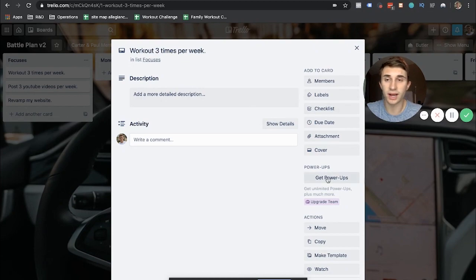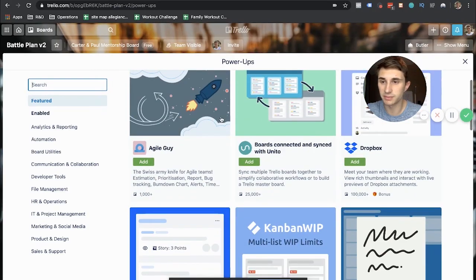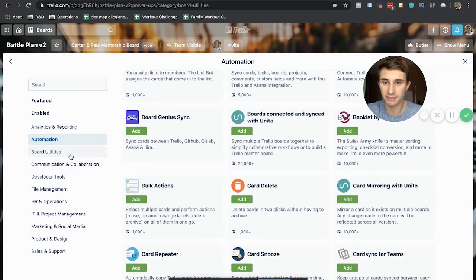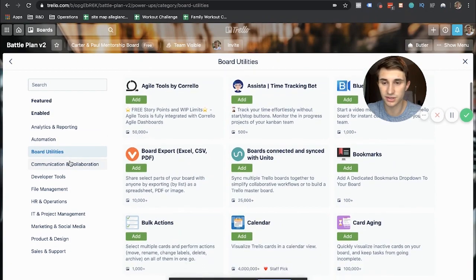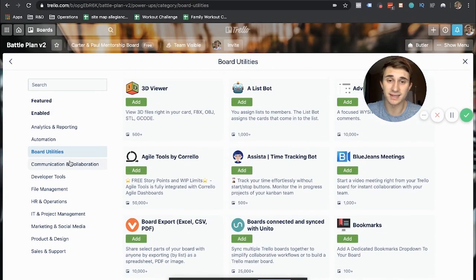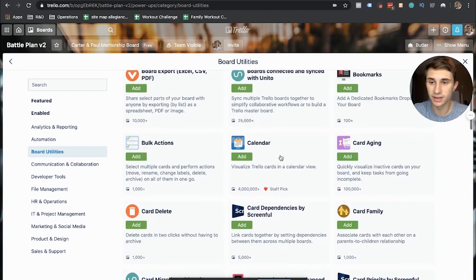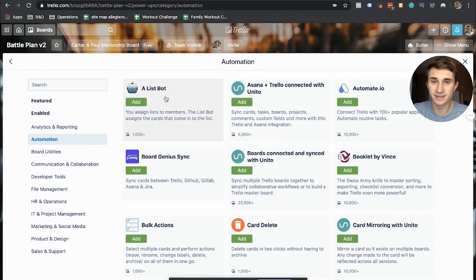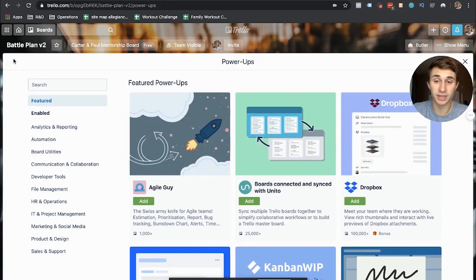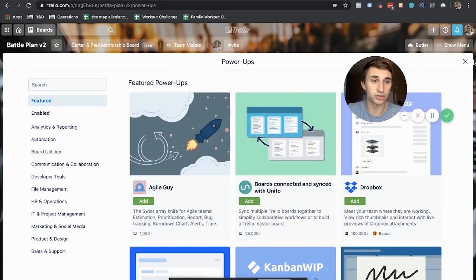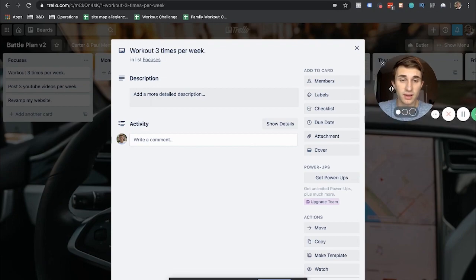Okay, so you can add things like there's already due dates on here, but I think you can add one that syncs it with your calendar or something like that. There's a whole bunch of power-ups. If you hit get power-ups, it'll load them up. And look at all these little apps you can add on top of Notion, or not Notion, Trello, excuse me. Look at all these little apps you can add on top of Trello. Pretty cool, right? So I haven't used a ton of these, but I know people that are big into project management in Trello will use these for different things. But really you only need these main ones.